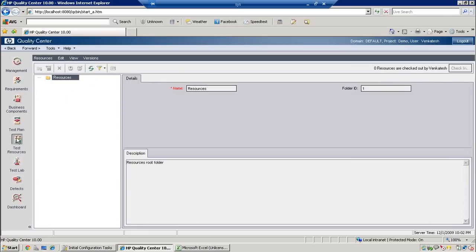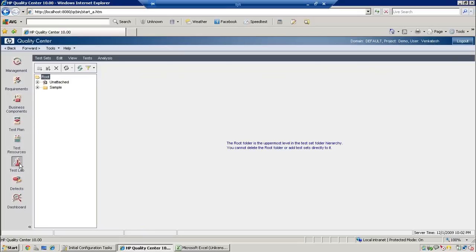But whereas test results, I'll talk about this. And test lab. Here you will execute either your manual test cases or automation test cases. You will pull your scripts from test plan to test lab. Here you will not write any script again. You have written your manual test cases